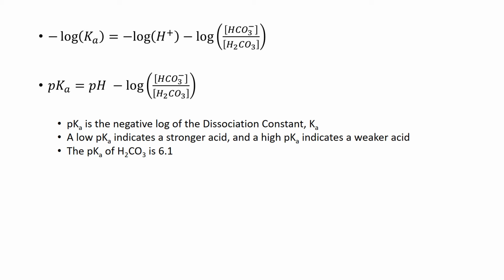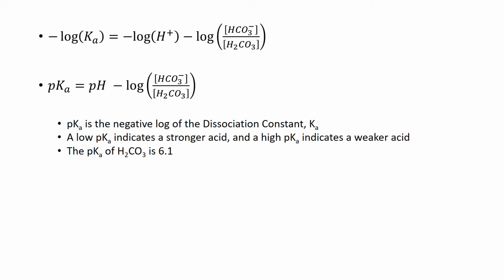Typically, a pKa of greater than 3 is considered a weak acid. The pKa of carbonic acid is 6.1, so it's quite weak. And the difference between 3 and 6 is not just 3, but rather remember this is logarithmic. So going from 3 to 6 is a difference of 10 to the third, or maybe 1,000 times weaker essentially